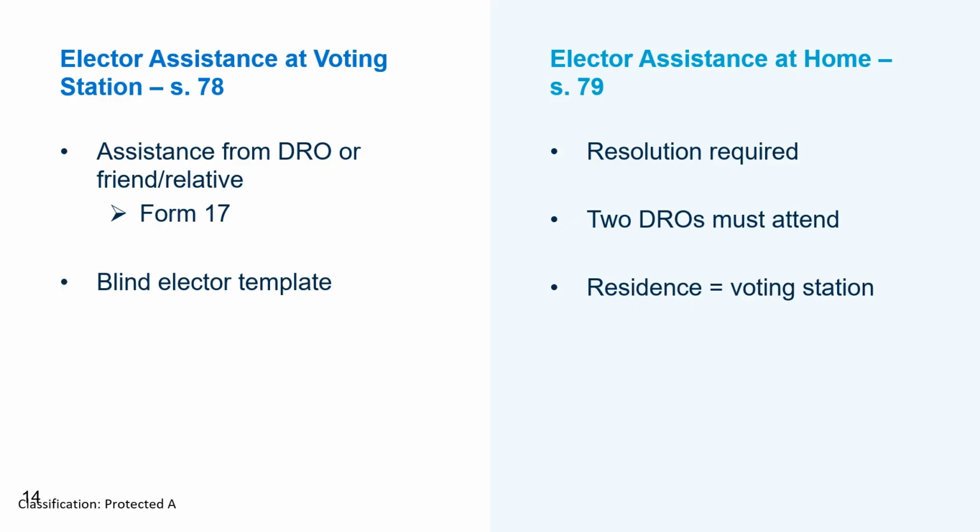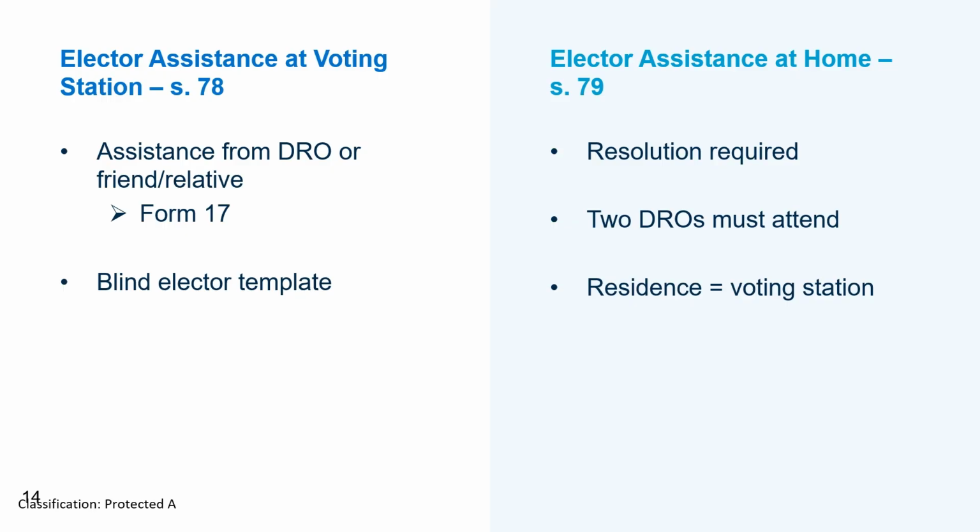No later than June 30th in the year of a general election, an elector may also request a blind voter template and instructions to use the template from the returning officer. If an elector is physically unable to enter the voting station, a deputy may set up a voting compartment for the elector in the voting station or the closest point of access to the voting station that the elector is able to attend.